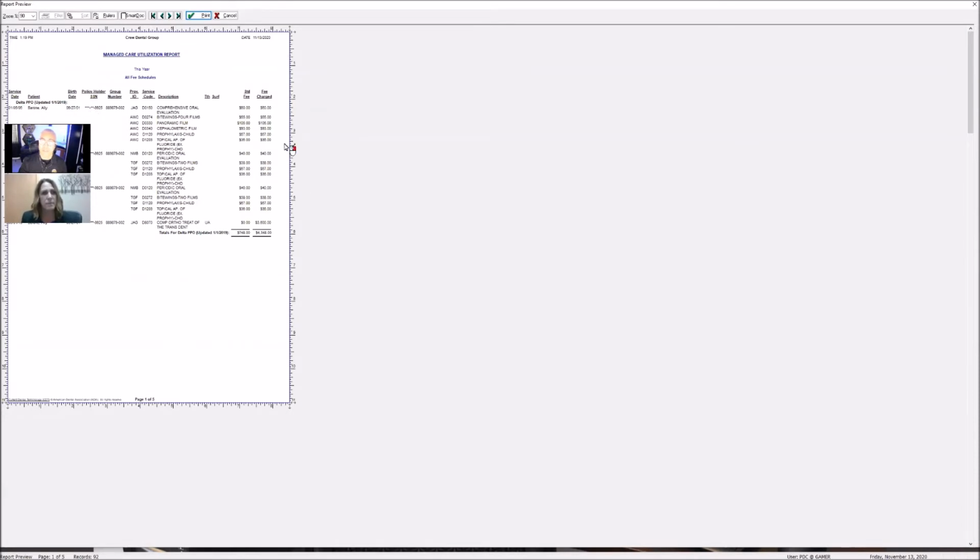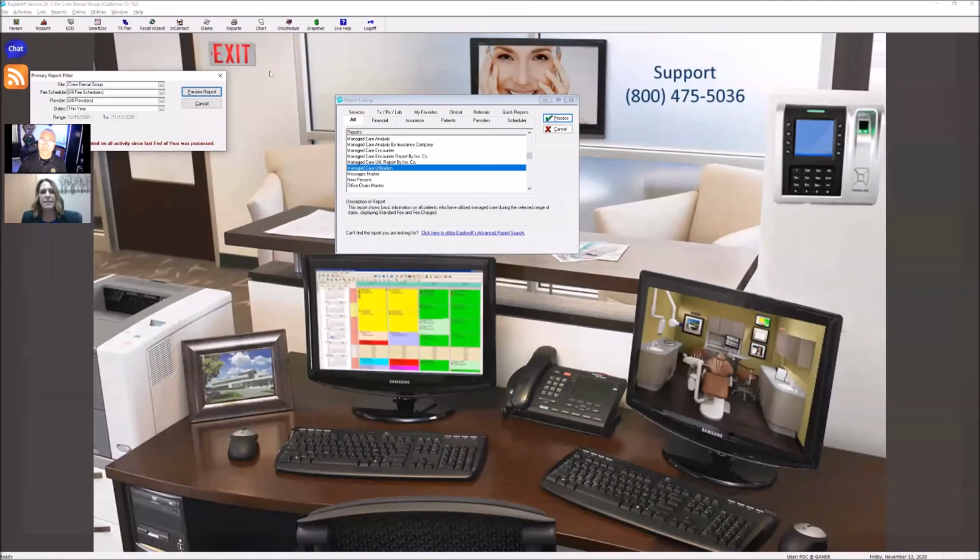So there's my Delta PPO. I could see each fee schedule, what's going to be charged out and what was the write-off for the most part. Right. Another thing I like to use is the daily fee exception report, because every once in a while